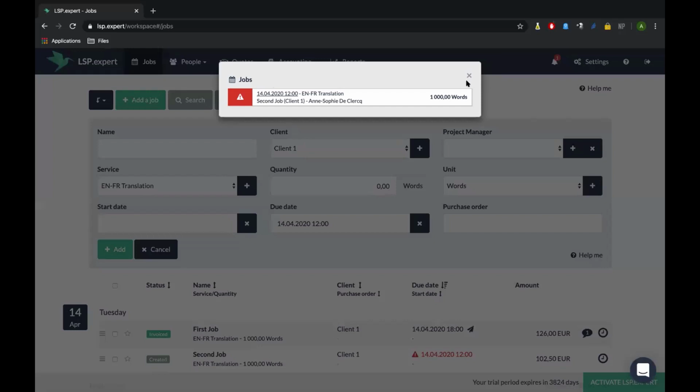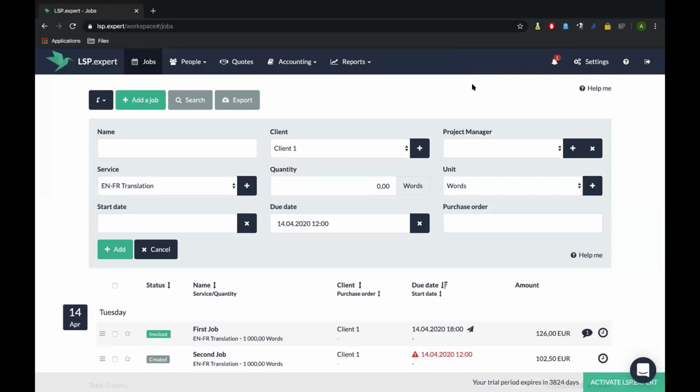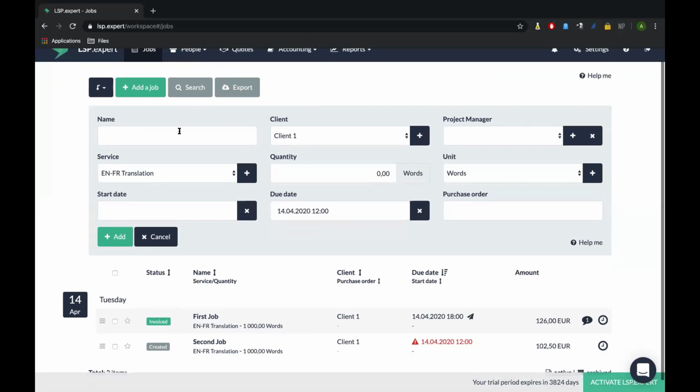So that's really nice. And when you have an invoice with a late payment, you can send a reminder to your client from the invoice directly. Okay, so I want to create a third job for, let's say, a new client. So I just have to create this new client, which will be done quite easily. And let's say it's a revision, a review. I don't know how you say it. I just add revision.